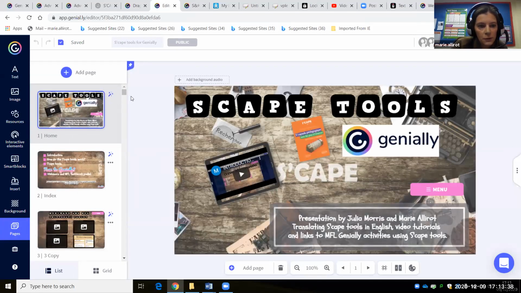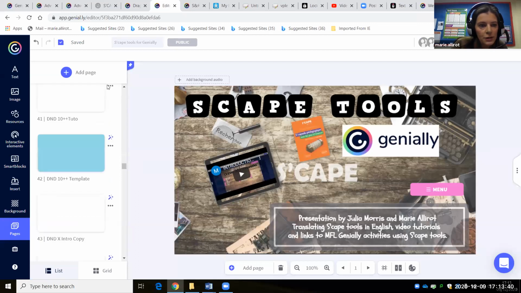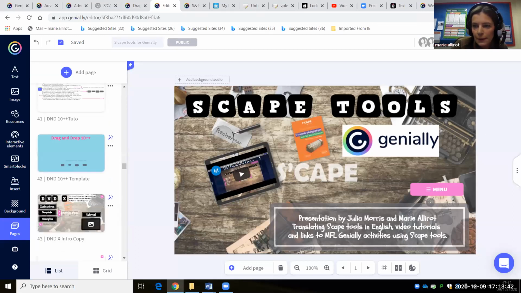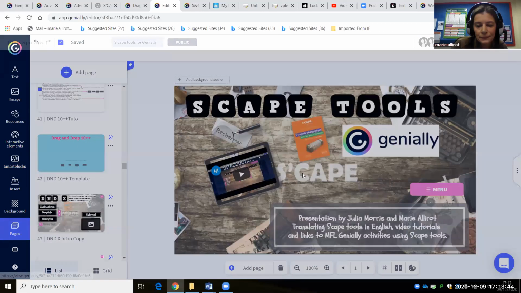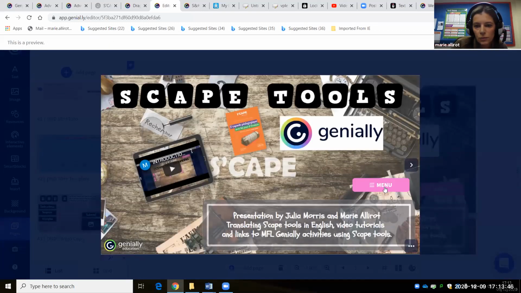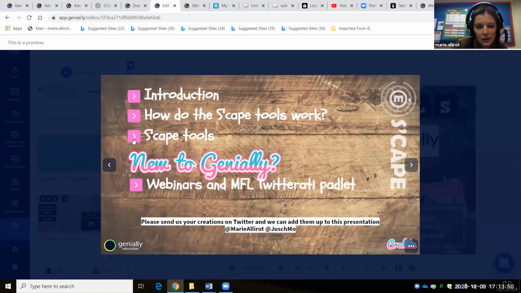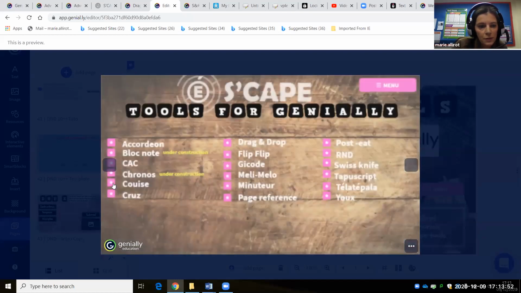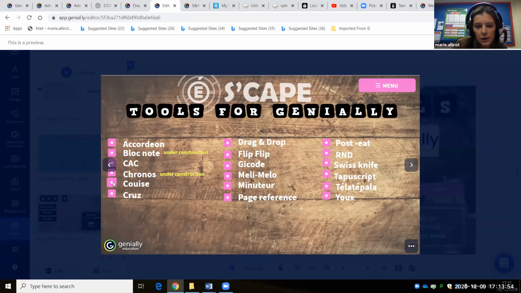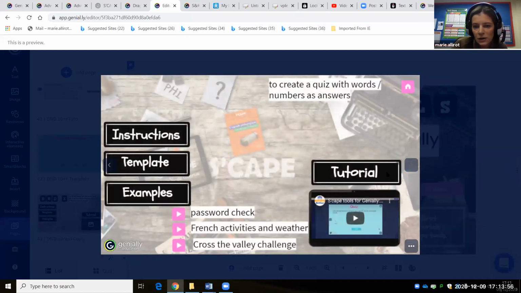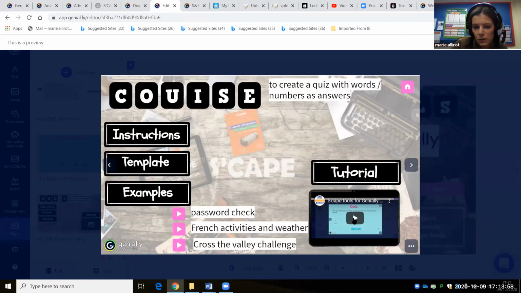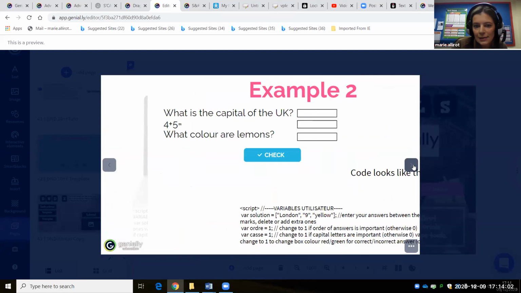On this one, if I go to menu, you wanted to use the Scape tool. That's the list of the Scape tools. If, for example, you wanted to do a quiz, there's a tutorial, a little video on how to do it, and then there is a template.